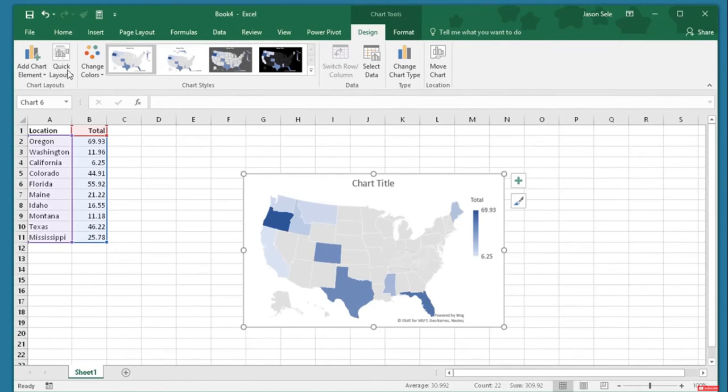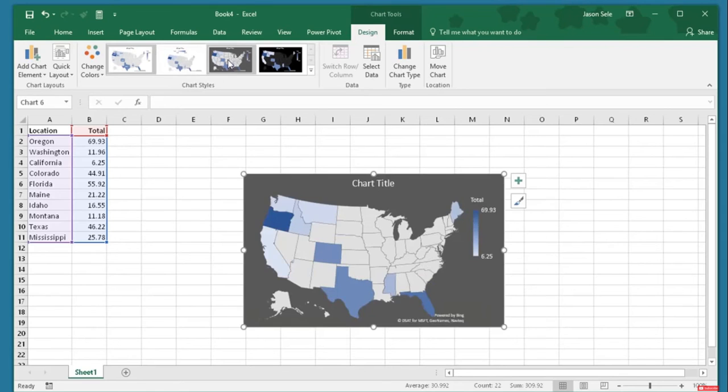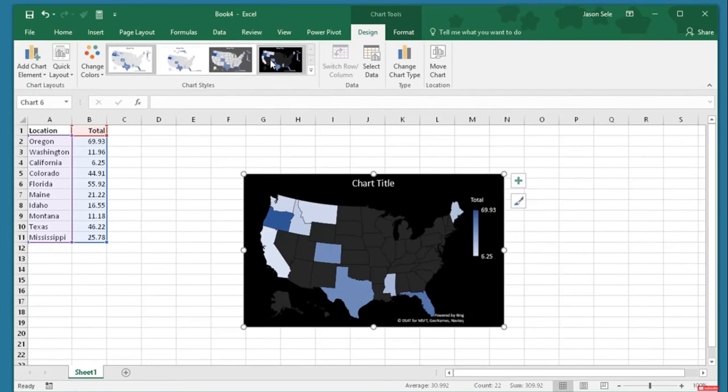You can also add different chart elements, like data labels, and you can change the chart to different types of styles. It's a very cool 2016 feature. And that concludes